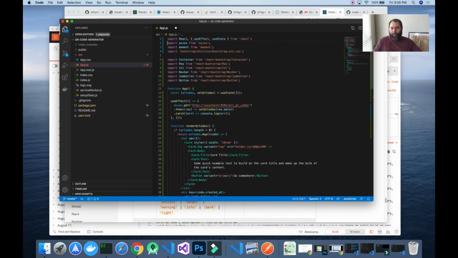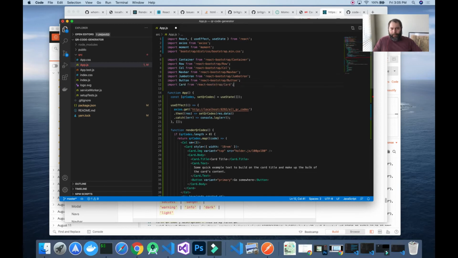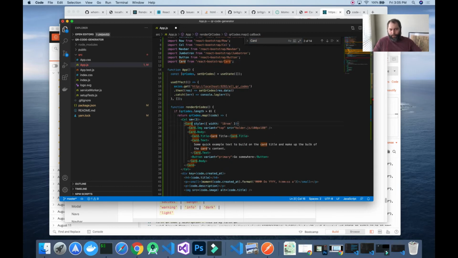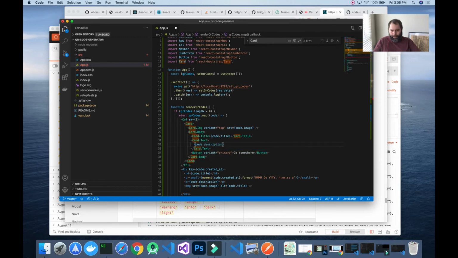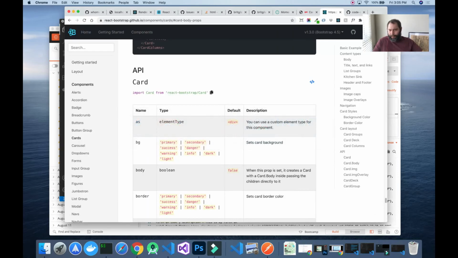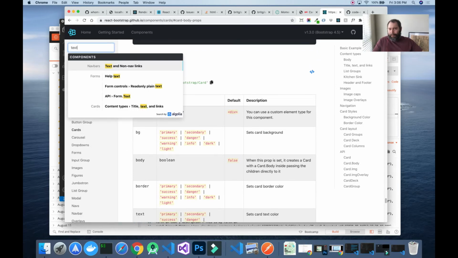Button. Yeah, okay, we have button. Okay, let's see, card. And so width, we're not going to be setting any fixed width. Card image will be our code.image. It will be on the top. This will be our code.title. This will be our code.description. And then I guess we can also put, is there like a, let me see, for text,